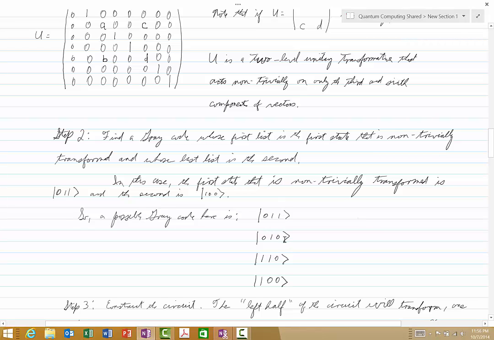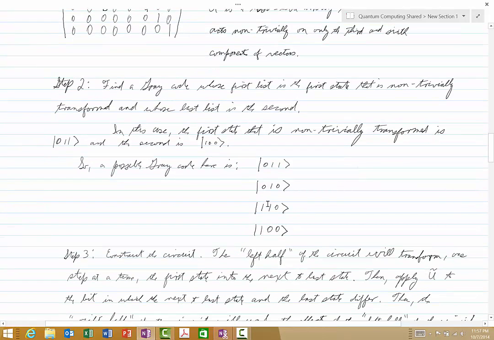And here is one possibility. This is not the only possibility. There are others, and I encourage you, if you wish to, to experiment with some other possibilities. But this is the ordering that we will use for this example. So as it says in this case, the first state that is non-trivially transformed is 0, 1, 1, and the second is 1, 0, 0. So a possible gray code is this. And now once you have that gray code,